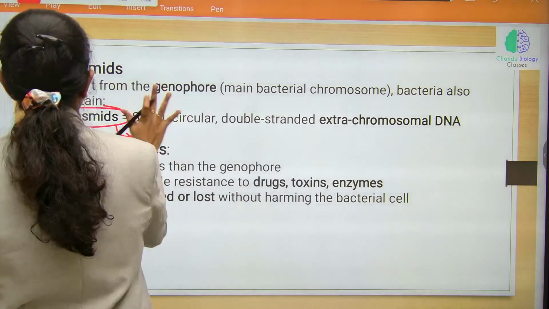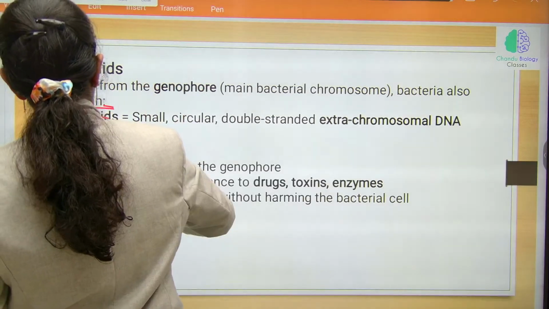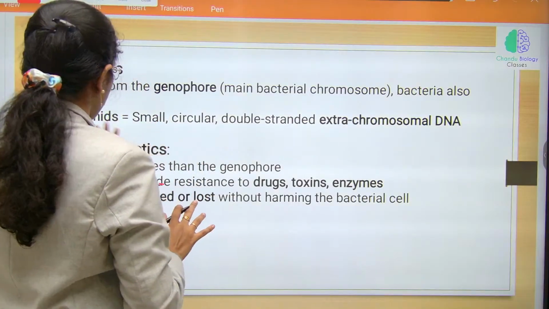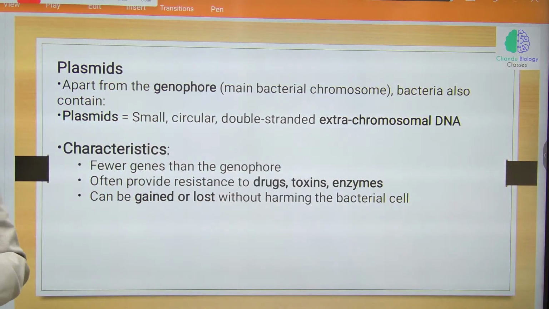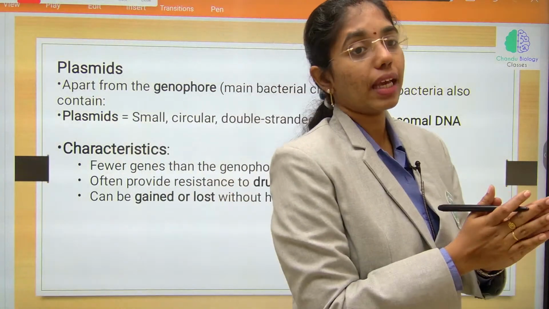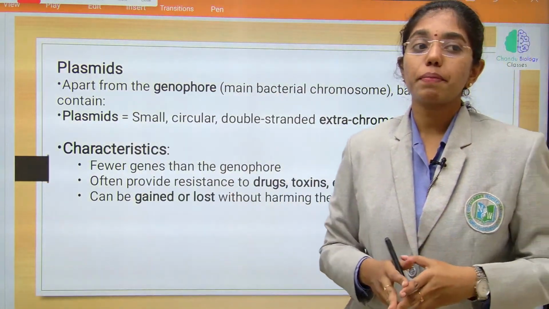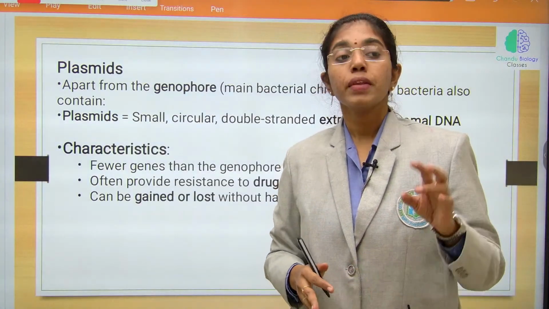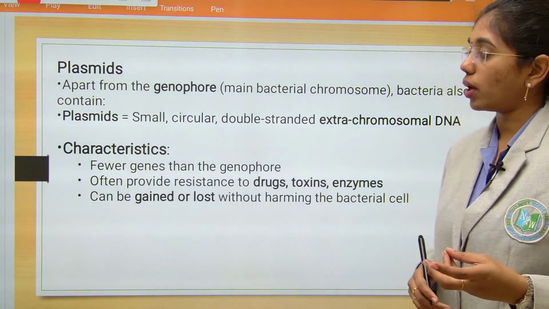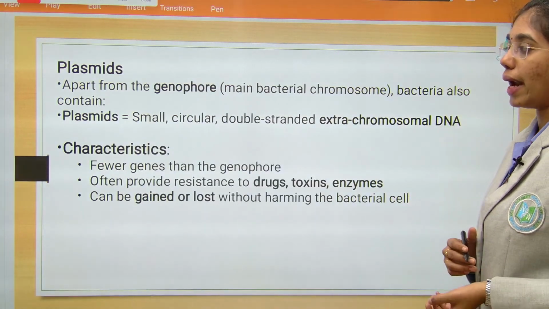Non-genomic DNA also it is addressed as. Okay. The main characteristic features of plasmid DNA include: it gives specific phenotypic character to the bacteria. It aids in resisting the antibiotics. Okay, it provides resistance to antibiotics.